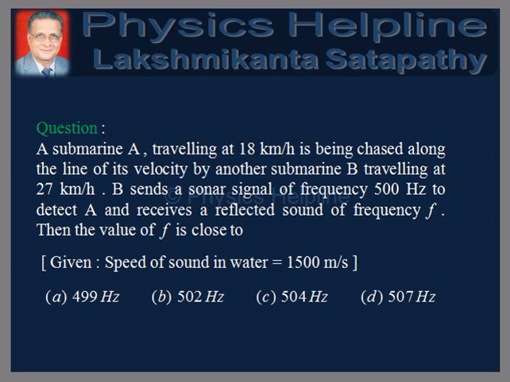B sends a sonar signal of frequency 500 Hz to detect A and receives a reflected sound of frequency f. Then the value of f is close to. Given that the speed of sound in water is equal to 1500 meters per second,